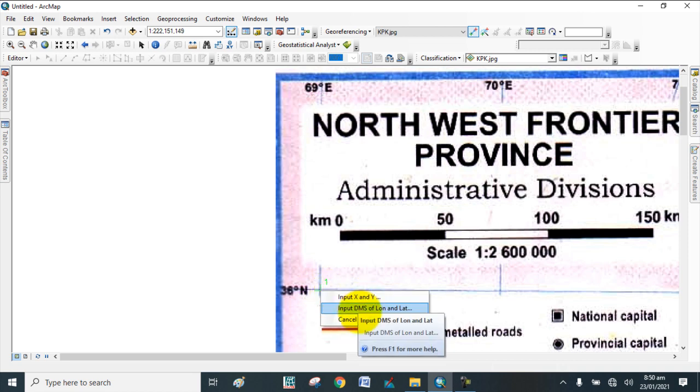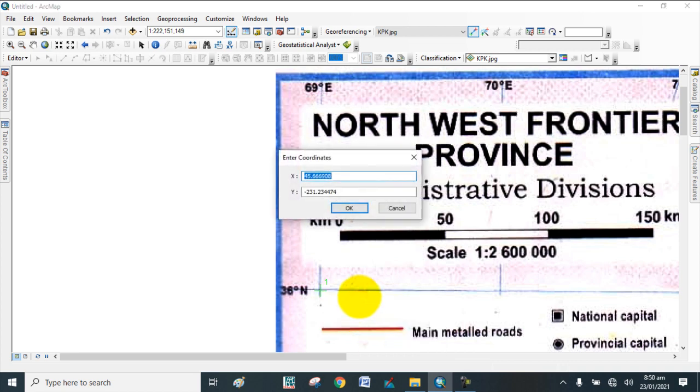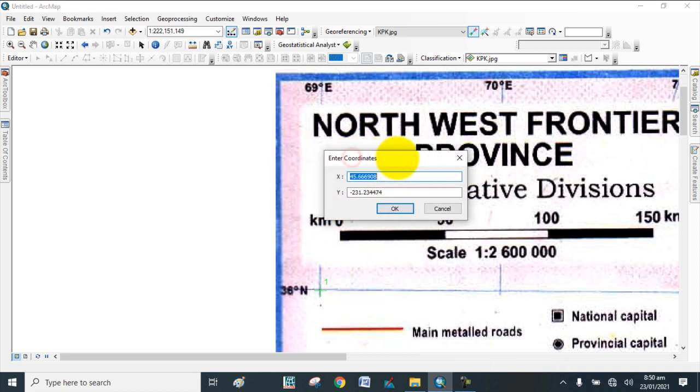So click on this. Here the X value is 69, which I add here, and the Y value, which is 36, I will add here.